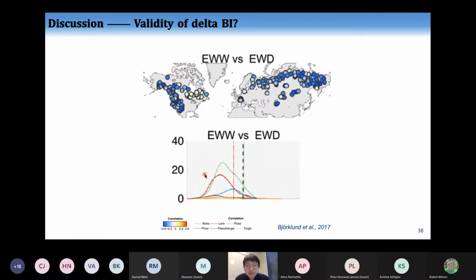In fact, in Jesper's paper of 2017, he had already shown that the early wood width, which is a major part of the ring width, and early wood density for many species are negatively correlated. So based on these negative correlations, we can expect that by calculating the delta parameters, either the delta blue intensity or delta density, we're able to retain some ring width related climate signal in these delta parameters as well. So I believe that in many cases, the delta parameters may be valid and useful for climate reconstructions, but